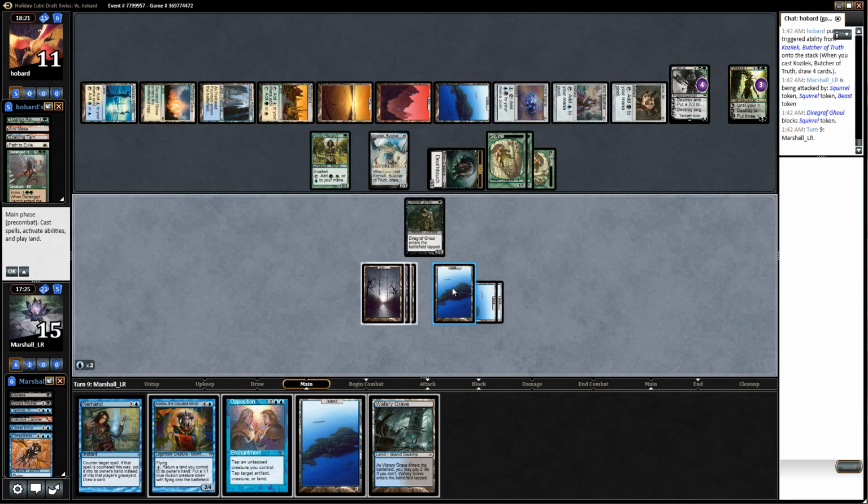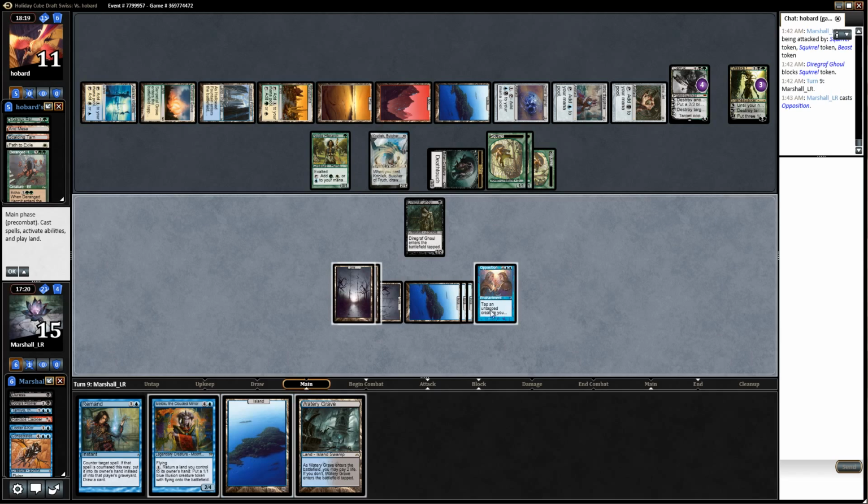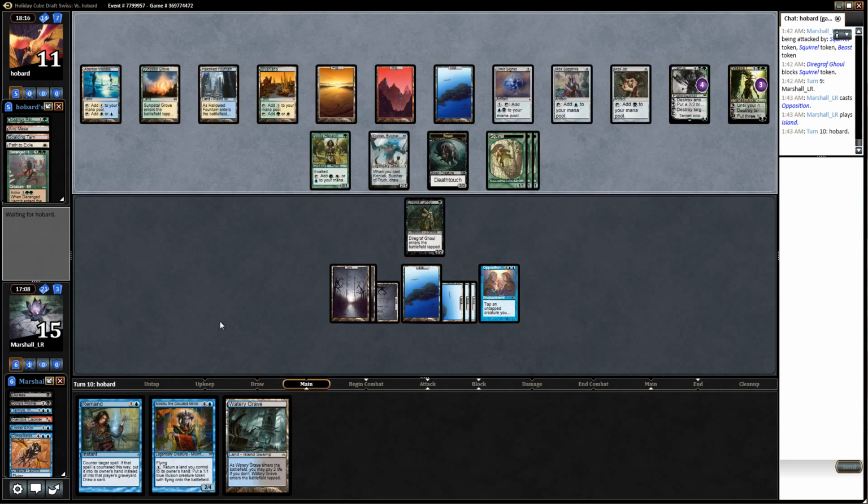All right, well. We need Opposition, because we have to tap down Kozilek. And I guess I'll play this untapped even though it's a little awkward, but I probably should have just left up blue and just played the Watery Grave, but yeah, whatever. Because I do need to be able to leave up Roman for something. I don't even know what that something is, but